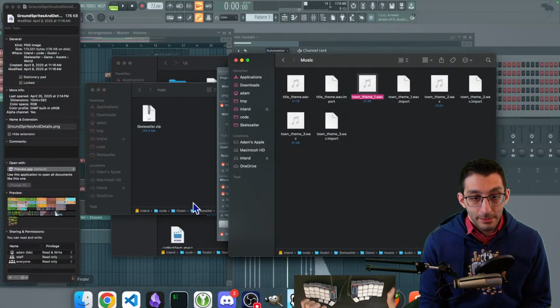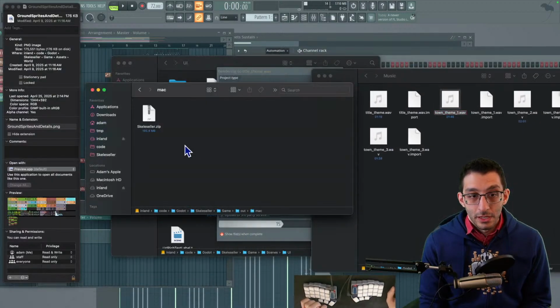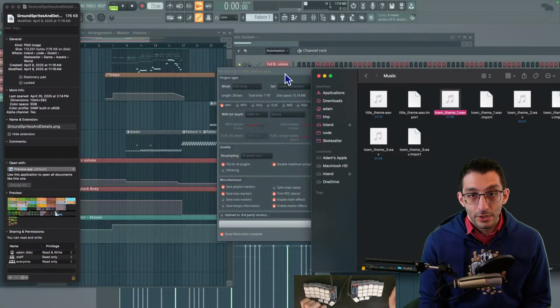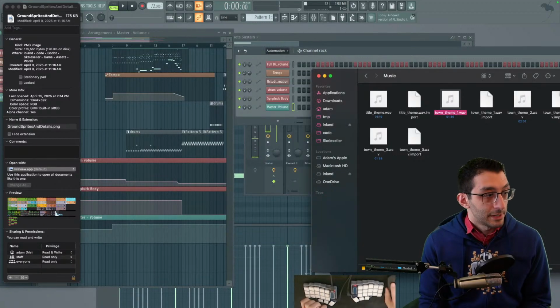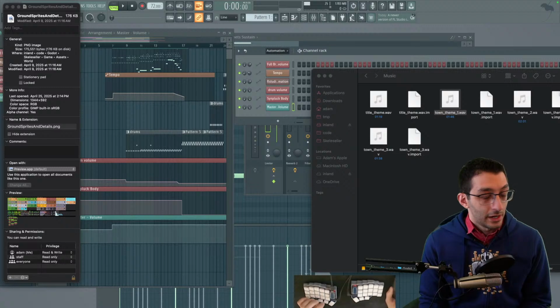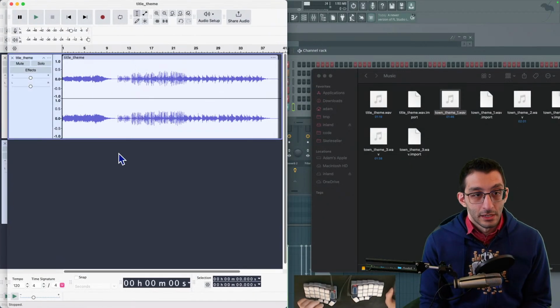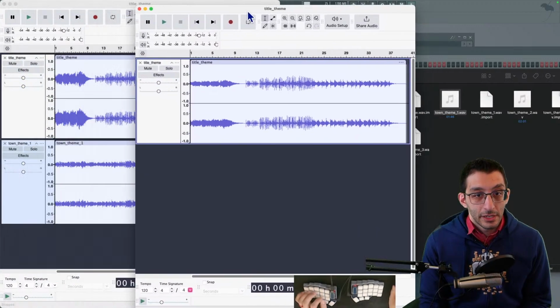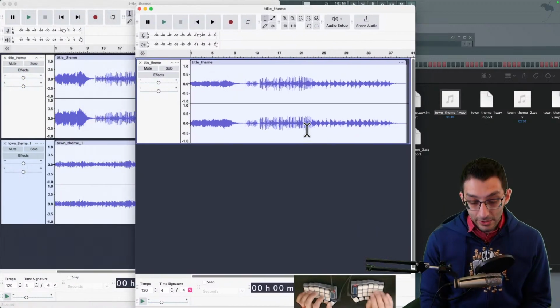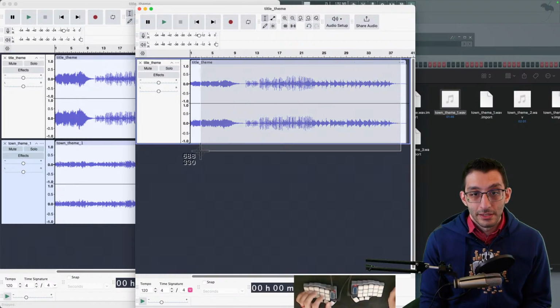All right, that's going to take a little bit of time, but it's not too long. And then we got to go find that folder. Oh no, it might open it for us. Yep, it did. All right, so now we open this up in Audacity. And here is the difference. So now if we take a picture of this